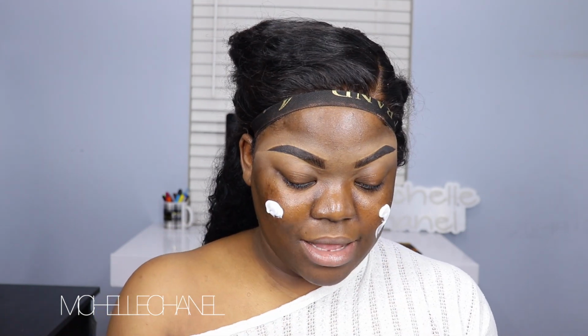Everybody can do this. So our first step, you just want to make sure you moisturize and prime. The best way for you to not be satisfied with your makeup is to not be satisfied with your skin. But I just need you to understand that it is serious. Putting makeup on crusty, non-moisturized skin, it's blasphemous. It can make your makeup look crusty because it's not sitting on some good old moisture. You can take your matte primer and put it in places where you get oily, that's fine. But